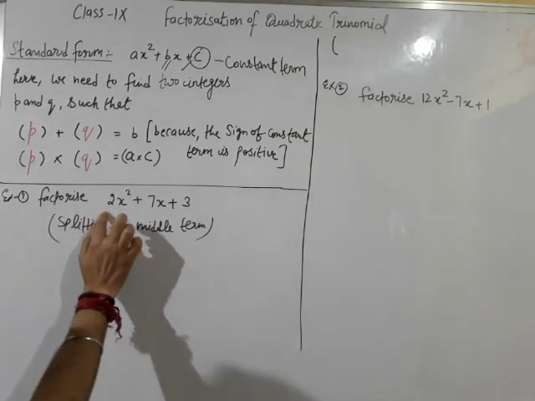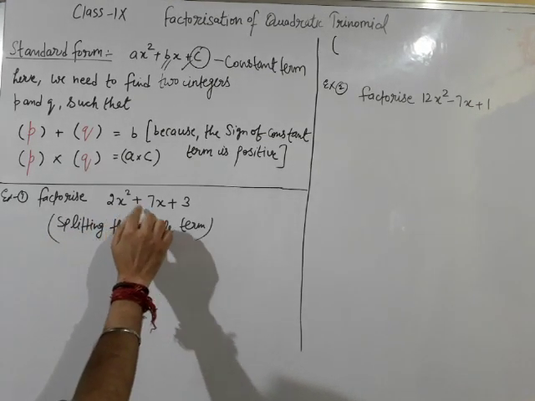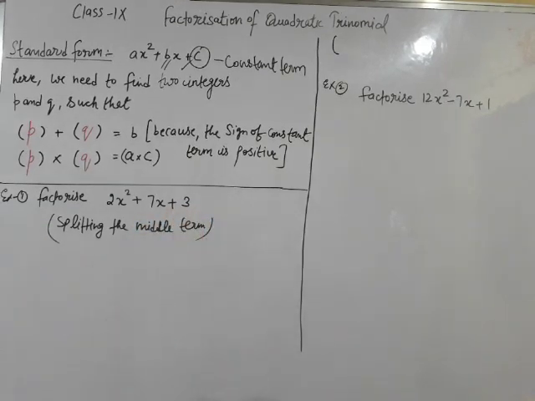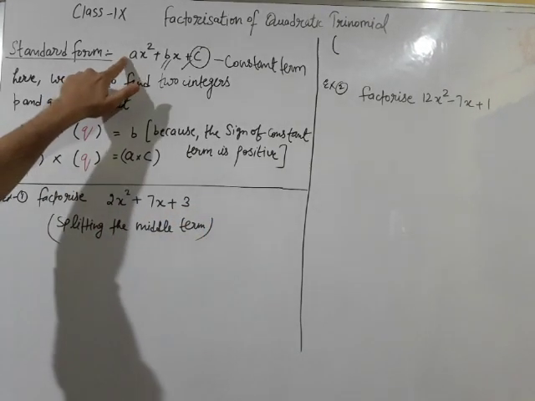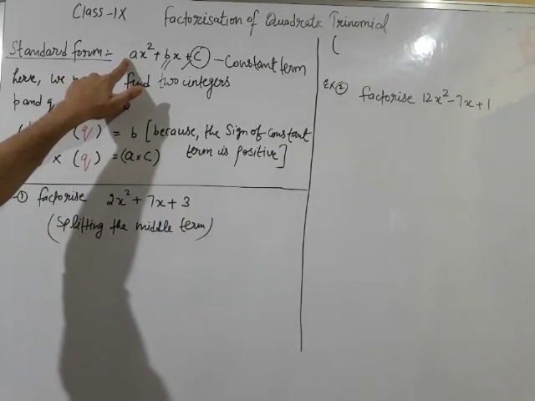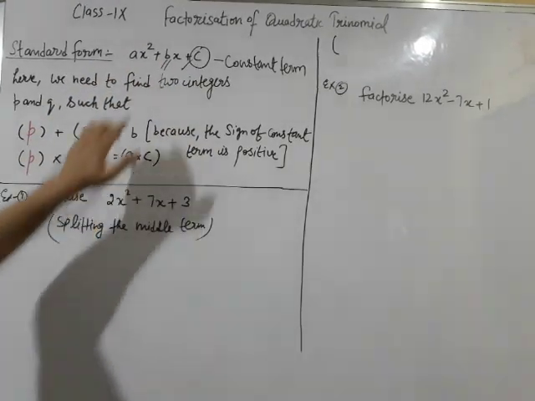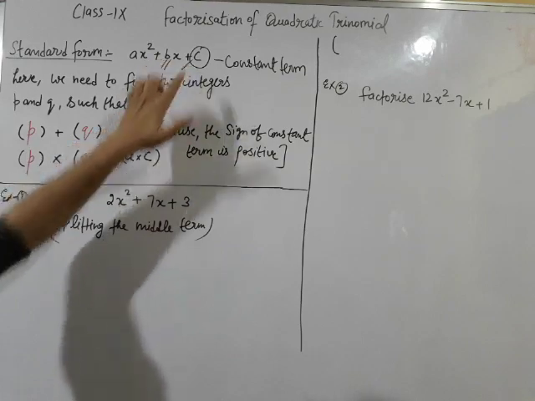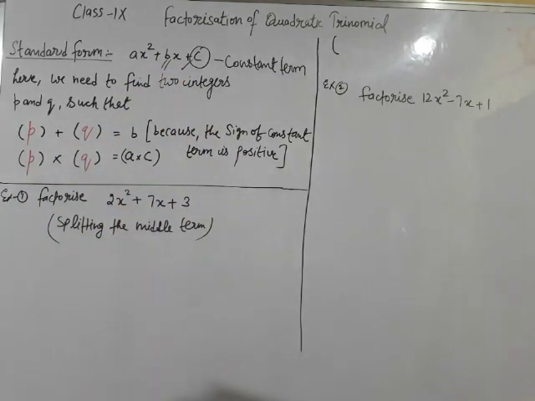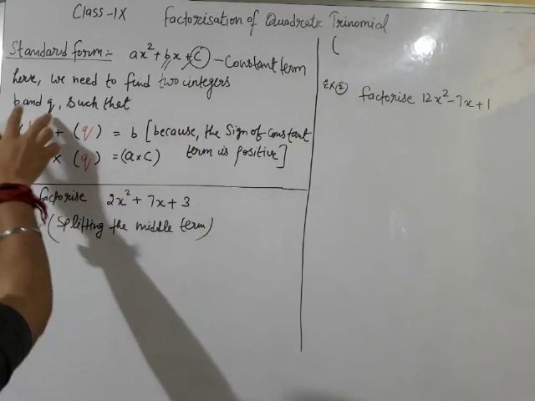Example number 1. Factorize 2x square plus 7x plus 3. This is a kind of quadratic trinomial, ax square plus bx plus c, where a is equal to 2, b is equal to 7 and c is equal to 3. We need to find two integers p and q such that